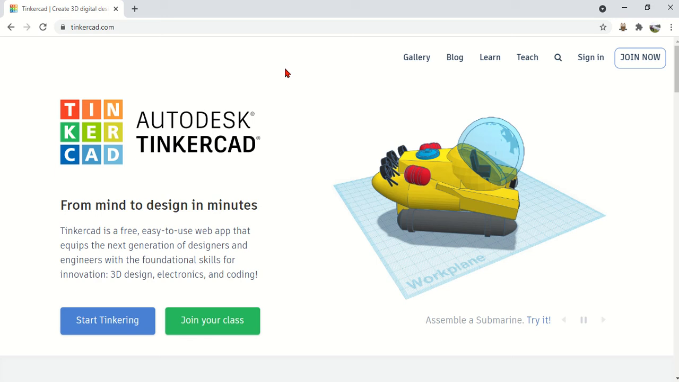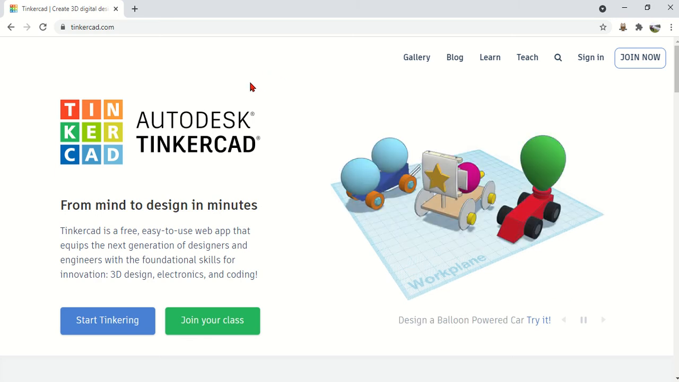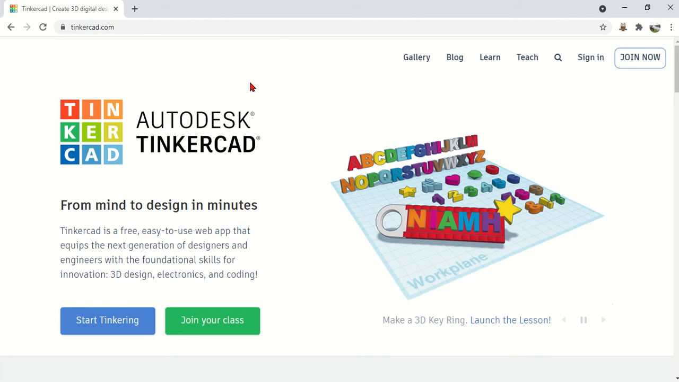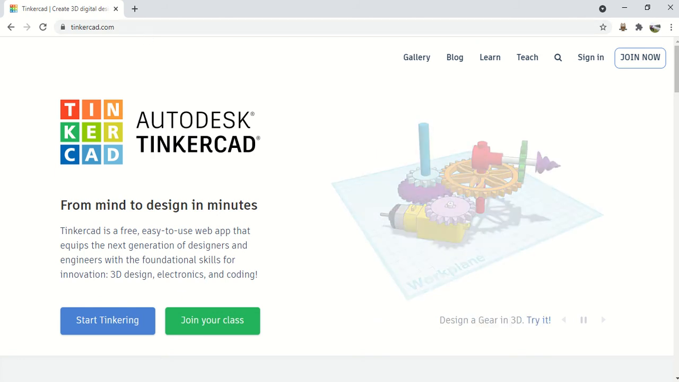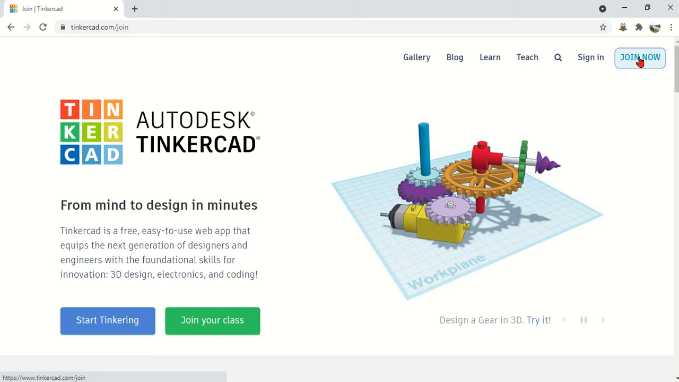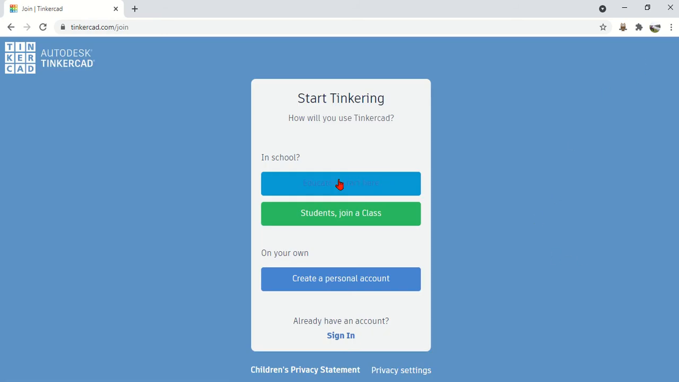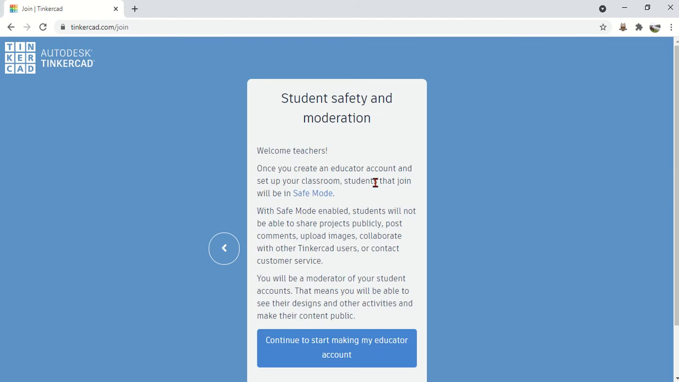In this session, I would like to show you how to simulate the Arduino in Tinkercad. Tinkercad is an online tool to simulate the Arduinos. Go to their website tinkercad.com and here you can join. Click on the link and you can join as a teacher. So, educators start here, click on here,